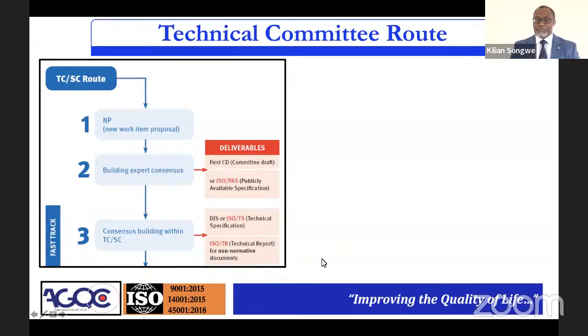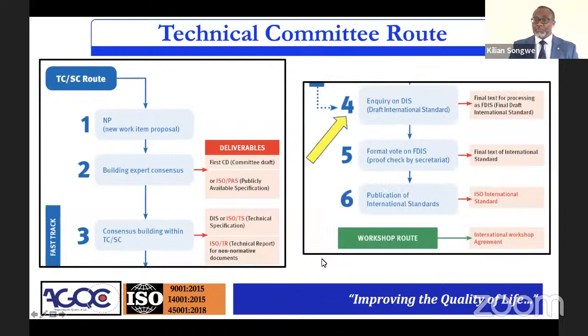These are people who have used the document, who are familiar with the sector, people who understand what the intention is when the product becomes developed. Then there is consensus building. So it means there is a draft document that goes out, people review it, and it goes through the 165 members. Each country actually has a member, which will be the Bureau of Standards, depending on the country in which you are. So you have consensus building within the technical committees. And then this is where we are today with the